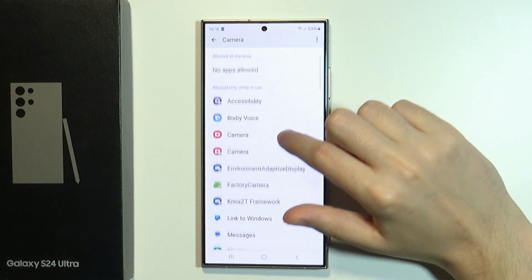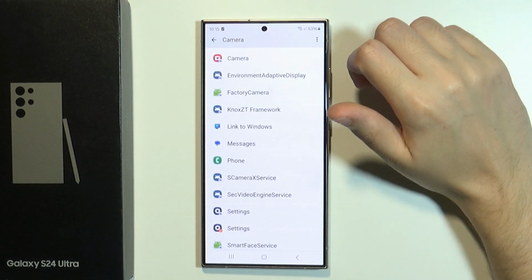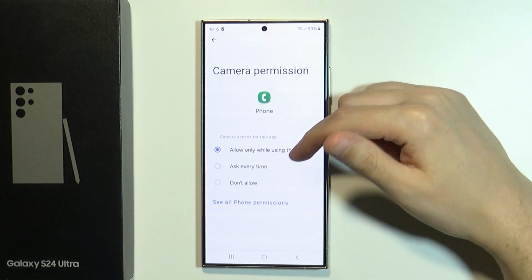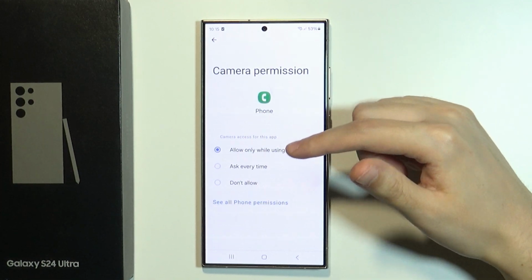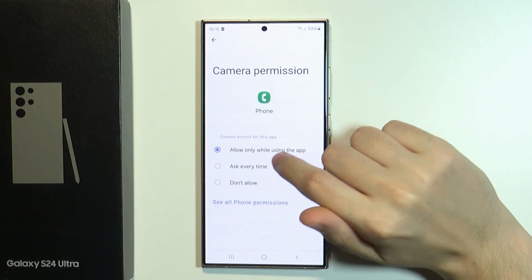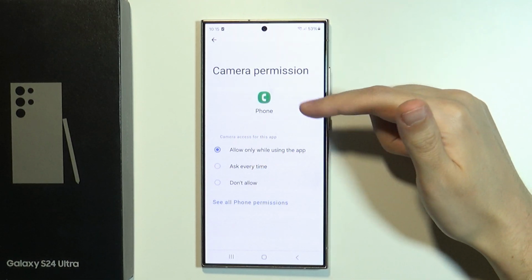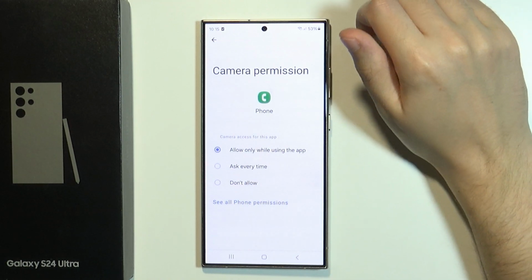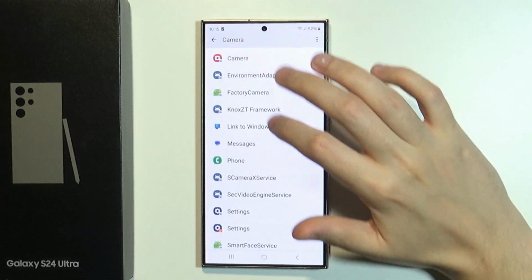we can see apps that may ask you to grant permission to the camera. So let's say we're gonna choose phone, and over here we can choose if we want to grant access to camera for this app and only allow it when we use the app, or if we want the app to ask us every time we open the app, or if we don't want to allow the app to use the camera at all. And of course this is just one example, there are more permissions and we can